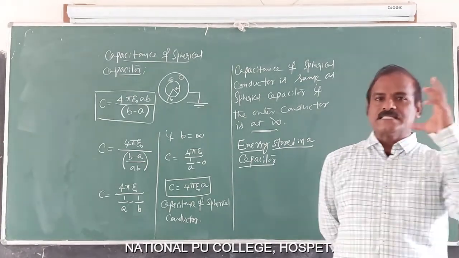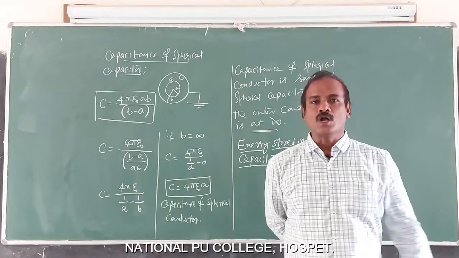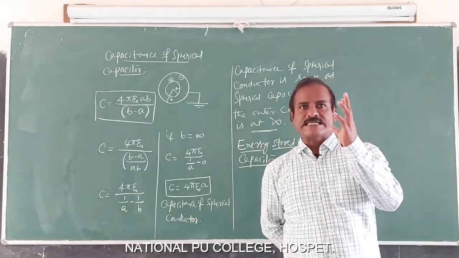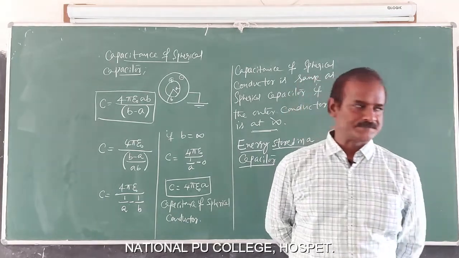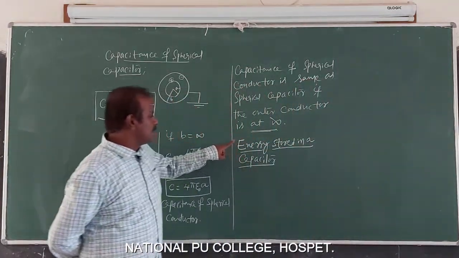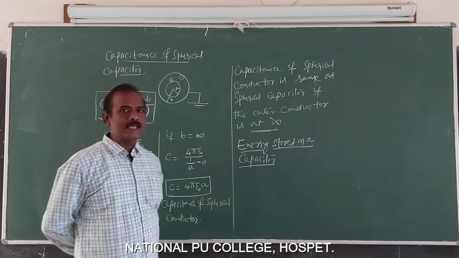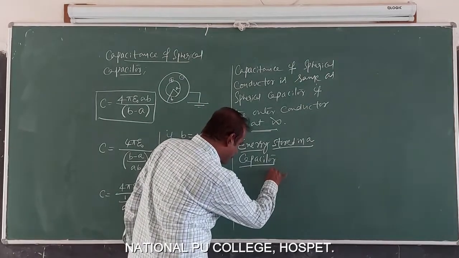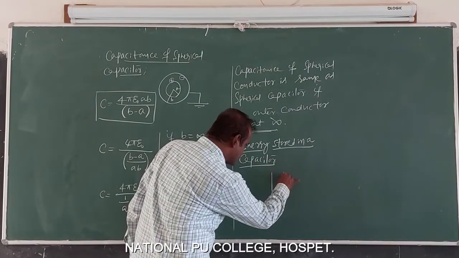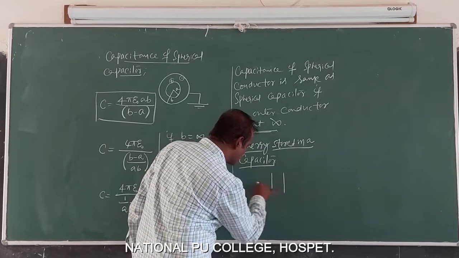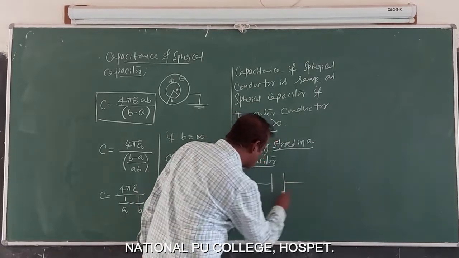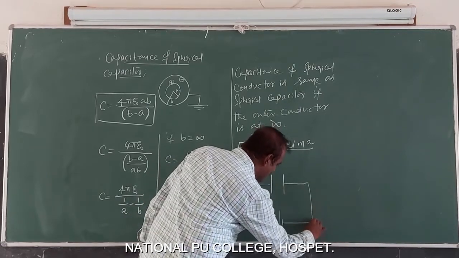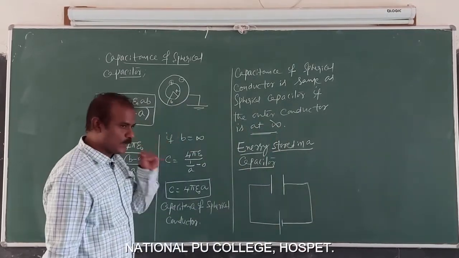Well, let us consider how to charge a capacitor and how that charged capacitor gets electrical energy. Yes. Hence, the discussion is now energy stored in a capacitor. Arrangement: parallel plate capacitor, two plates. In order to charge, the capacitor must be connected to a battery, a source of electric charge. It is connected to a battery.